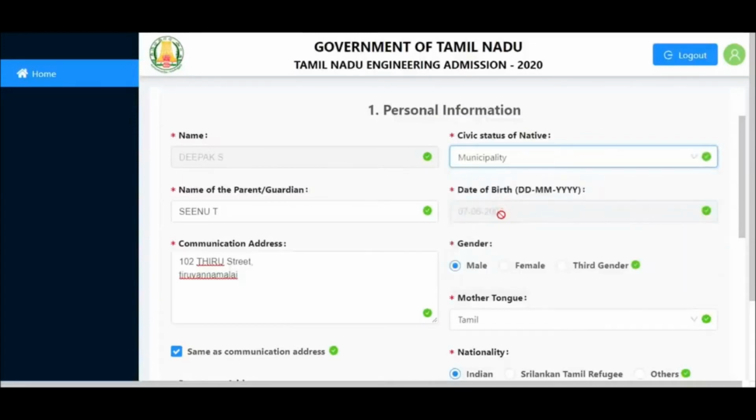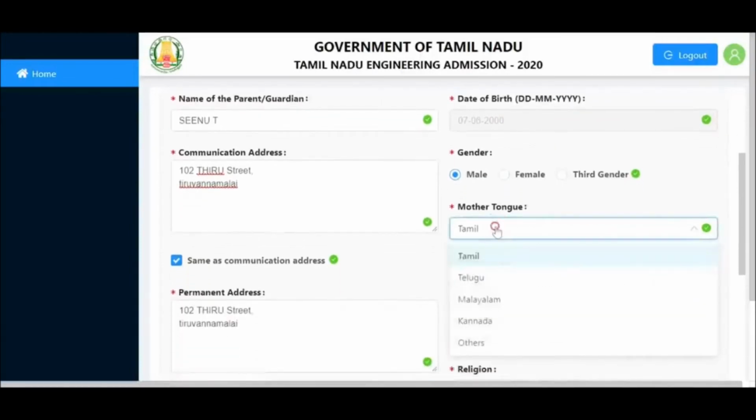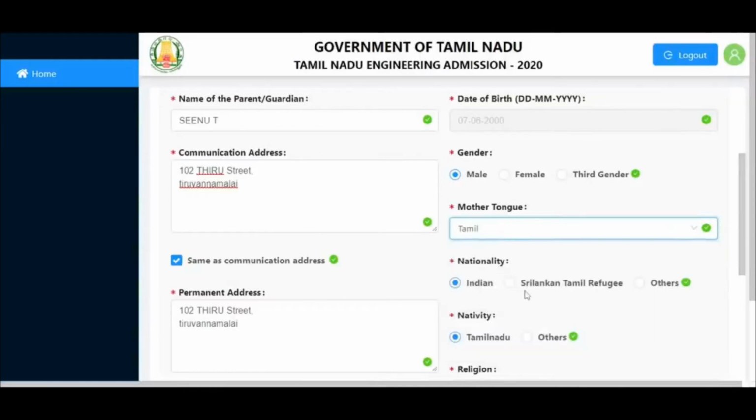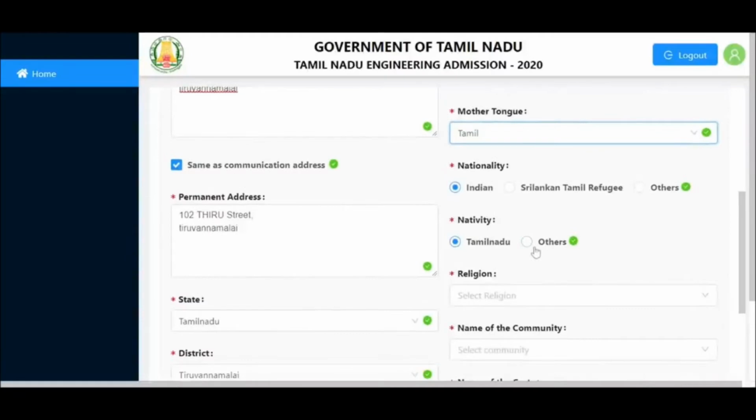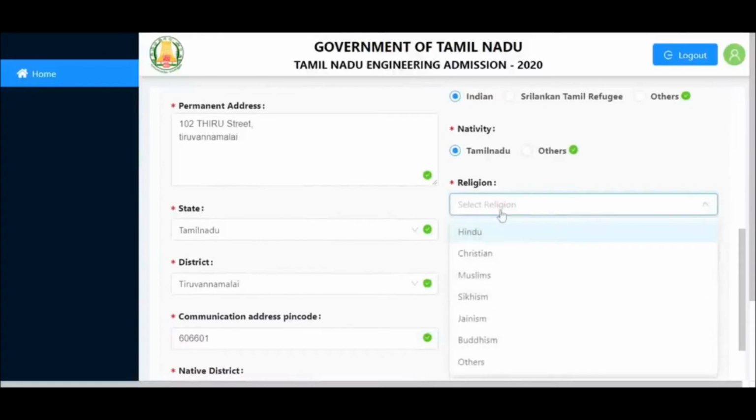And your date of birth will already be printed there, so check once. Your gender and your mother tongue, Telugu, Malayalam, whichever language is your mother tongue, and your nationality, whether Indian or any other. Nativity, whether Tamil Nadu or from another state. Religion, Hindu, Christian, Muslim, Sikhism, whichever religion you belong to.